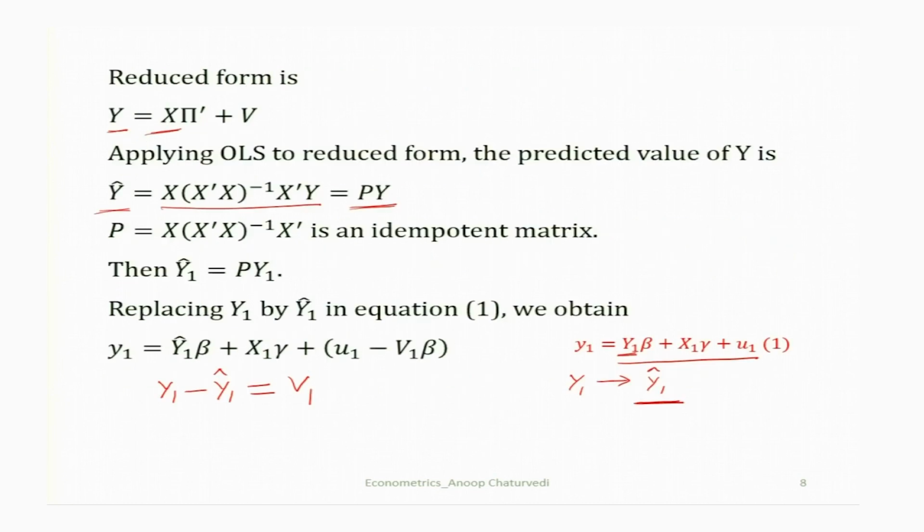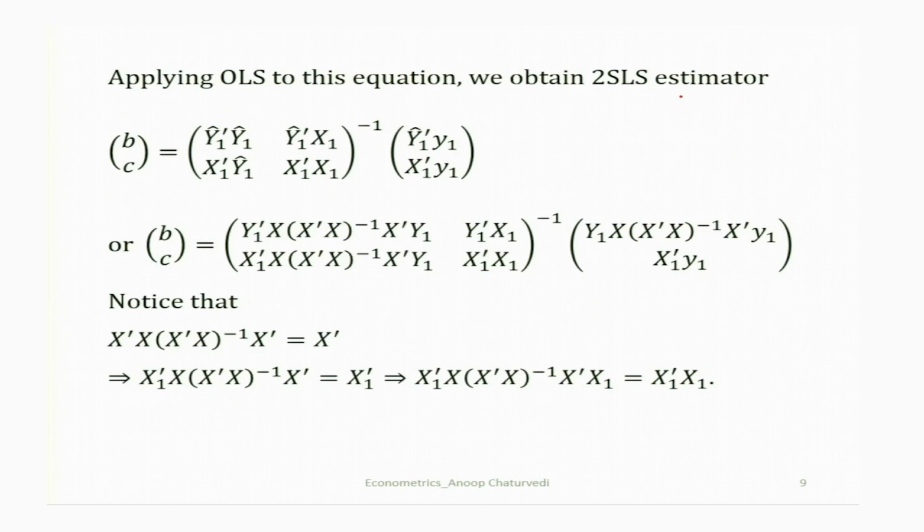So, basically what we have done, at the first stage we have obtained the predicted value of y, and then from there we can get the predicted value of y 1, say y 1 hat, and then in the model we replace y 1 by y 1 hat. So, you have this relation. Now, in this relation we estimate beta and gamma by applying the OLS procedure. So, at the second stage we apply OLS procedure to this equation, and then we get the two-stage least square